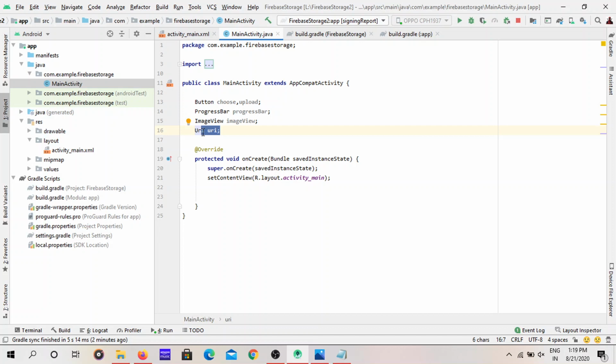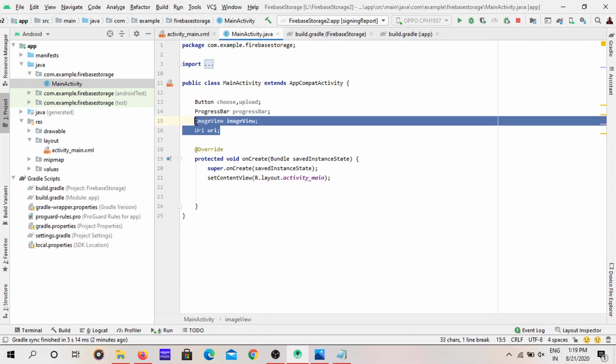I will explain again. Through this URI class we are just getting the image data. We are storing that image data into this URI variable, and then we are going to set this data to the image view. Don't panic, I will show you while I am coding.